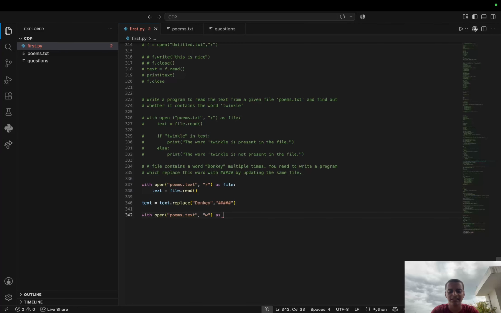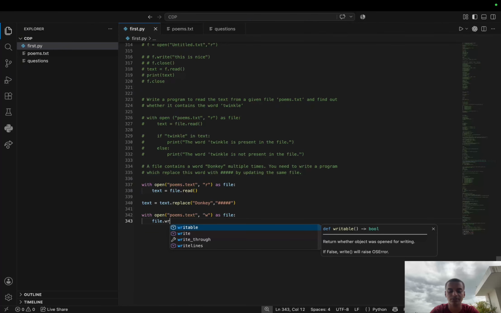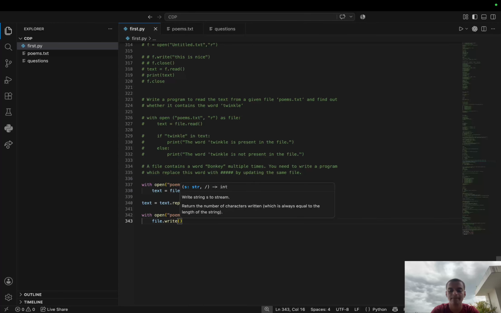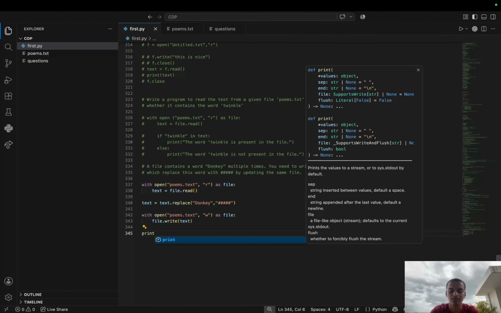एज फाइल, वही सेम प्रोसेस है। बस हमें क्या करना है, फाइल.राइट। देखो उस समय रीड था, अब राइट। राइट में क्या होगा, टेक्स्ट, जो हमने टेक्स्ट यहाँ पे सेव किया था, टेक्स्ट इक्वल्स टू रिप्लेस वाला, वो हम इसमें डाल देंगे, सिंपल। अब लास्ट चेंजेस, प्रिंट, प्रिंट लेट्स से,